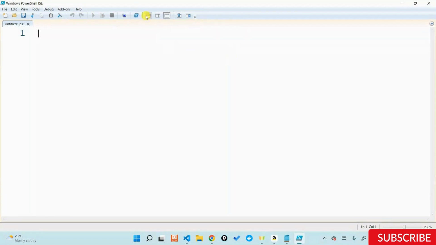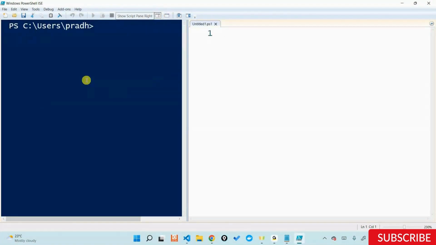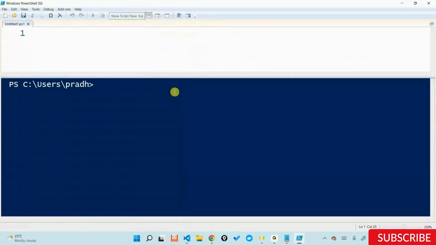If you look at my screen, there are three buttons out here. This is a full screen out here. I can split my screen, and if you look at the blue screen out here, this is the output console and this is the input console. You can split it vertically or horizontally, your choice, using these buttons called vertical and horizontal split.